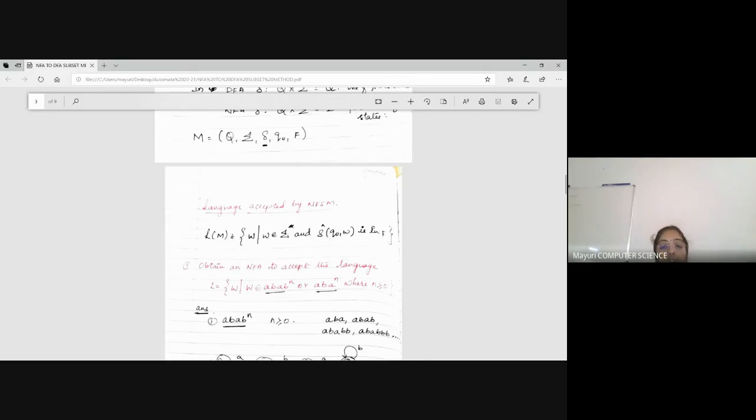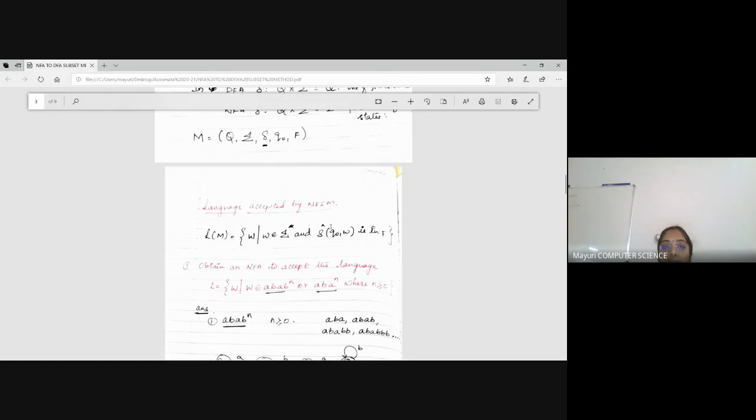So that is what is given here: the language accepted by the machine is equal to the string, nothing but the string. What is that string? That string is the combination of 0 or more input symbols. It could be epsilon also. It could be any length of string also. When I explore, what does it mean? Del cap, the extended transition function, right? Del is the transition function. The extended transition function is applied over the string called W.